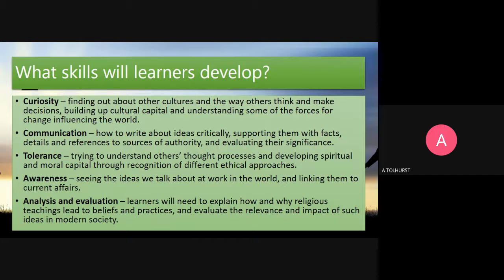Okay, so skills that learners will develop in religious studies GCSE. First of all, learners will develop their curiosity about learning and understanding. This GCSE involves a lot of focus on other cultures, and also our own culture, British culture, and the way other people think, the way people make decisions, and indeed how we have come to see certain ideas as just common sense. This helps learners to build up their cultural capital and understand some of the forces for change that are